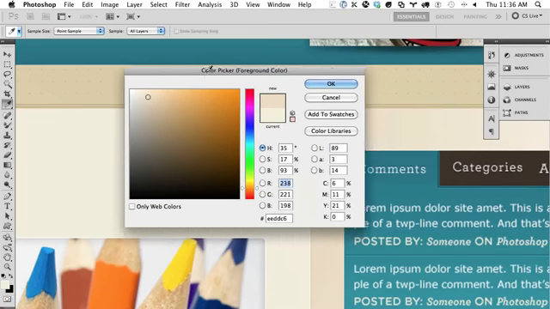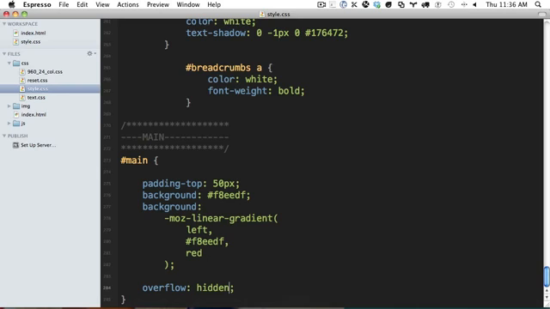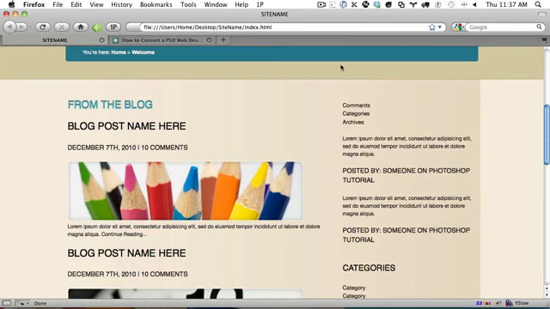And then also, if you look in between, we have these dividers. So we'll come back to that. Within Espresso, rather than red, I'm going to change this to E8, D8, C0. So now, again, if I come back and refresh the page, it's looking a little bit better, but we need